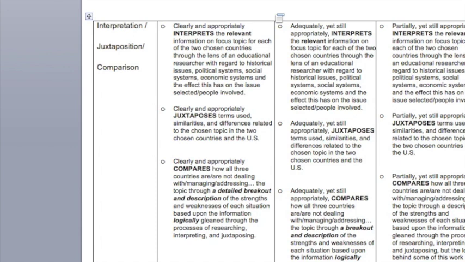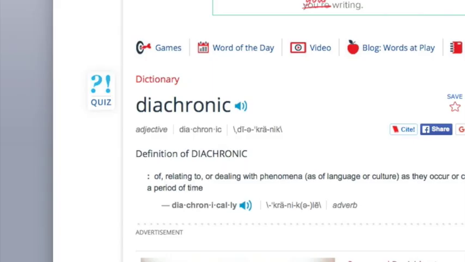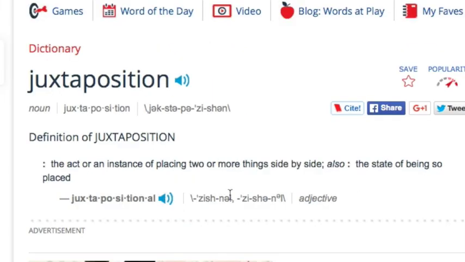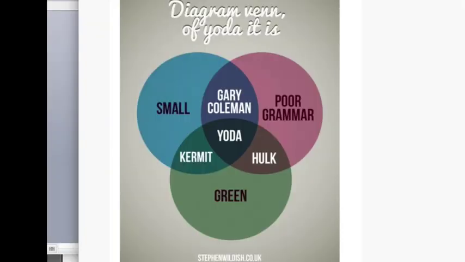Well, it's a very crucial part of doing meaningful comparative education. And both books mention it. They don't go as in-depth with it as I wish they did, but let's take a look at it right now. When we're talking about a juxtaposition, we're talking about the act or the instance of placing two or more, in our case it'll be three, things side by side. Well, side by side is actually kind of not the best way to think about it. I like to think of it as a Venn diagram. A juxtaposition is where you have your individual components, and here for us it would be countries.